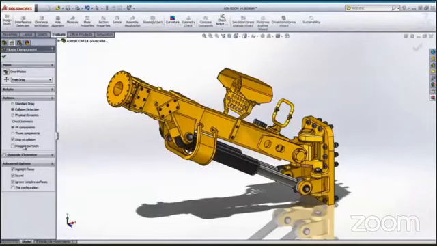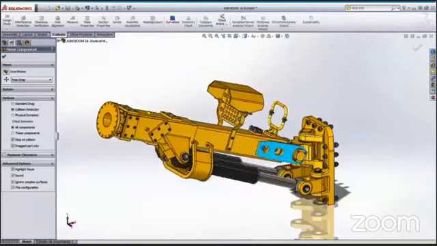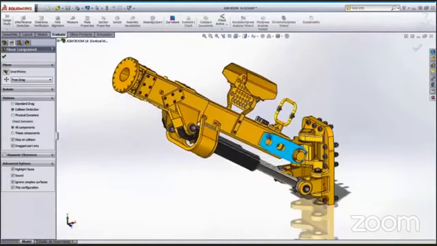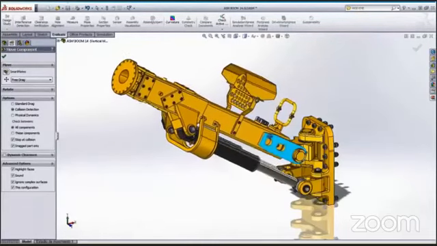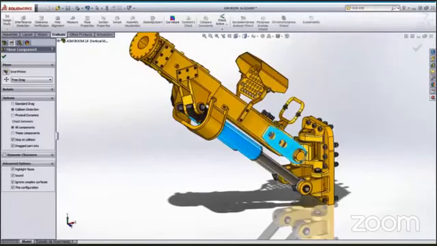But we would like to do collision detection as well when we are dragging our part. As you can see, right now the part seems okay and there is no collision while moving our assembly. So if you move your part through the range of motion, SolidWorks will find and identify any clashes in the assembly.